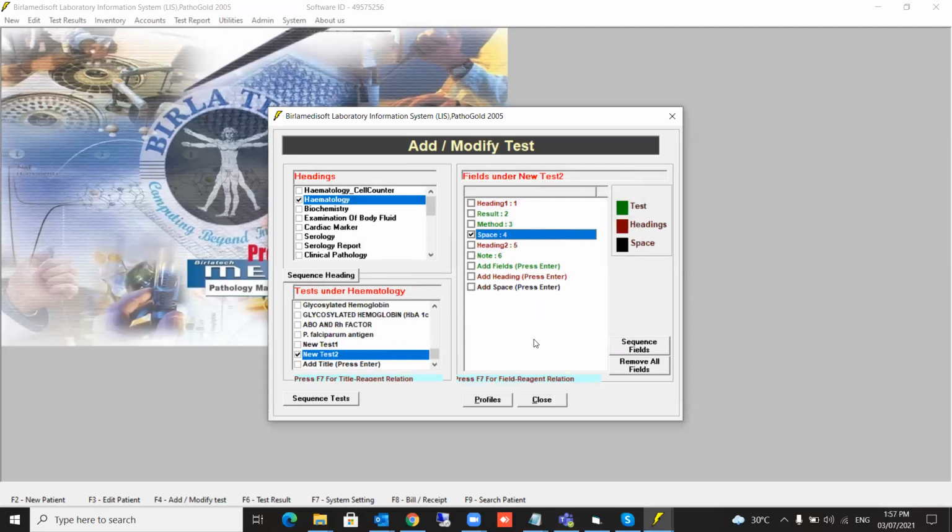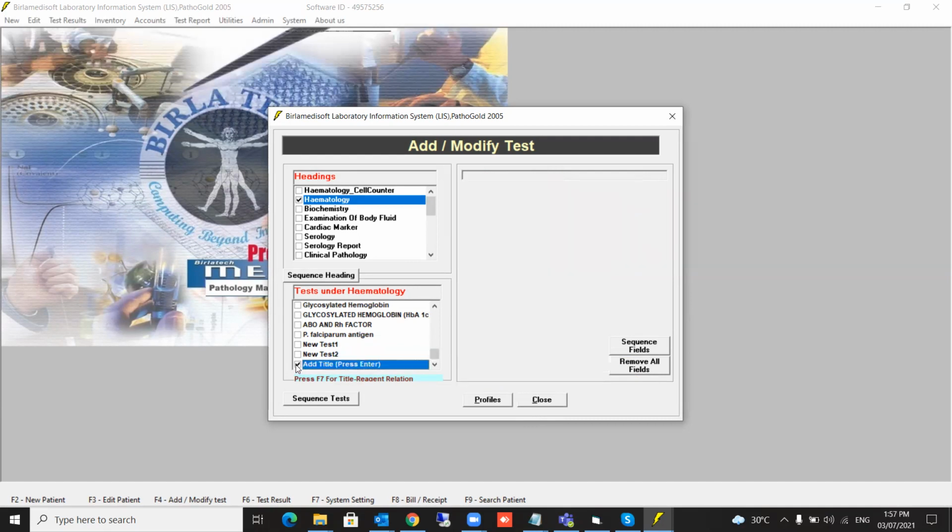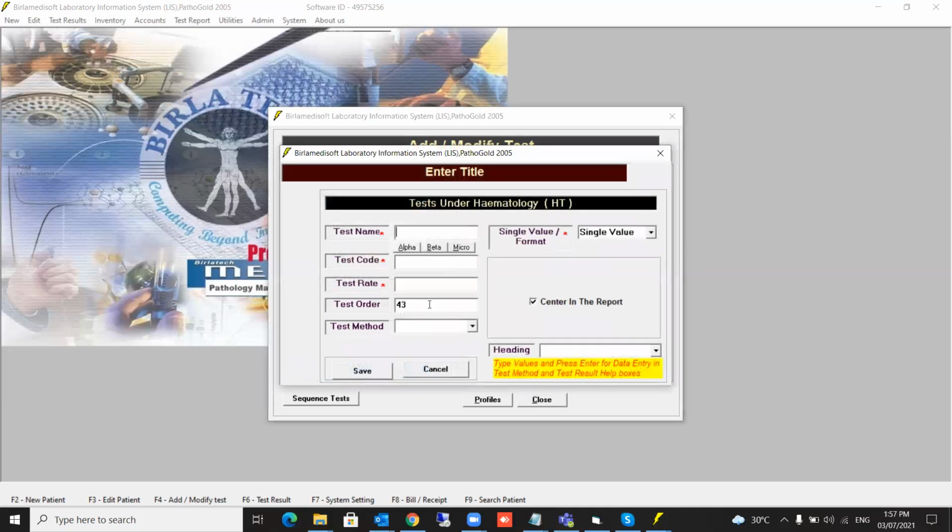Now, this is another test which we have created. Fields, new test. Now we will take one more test. We'll save this and we will add the title called new test 3. Here we will call this any 3, and the rate of the test is 1500. Here we are now going to define the box. It is not a single value, but now it is a box. You will select the memo field.